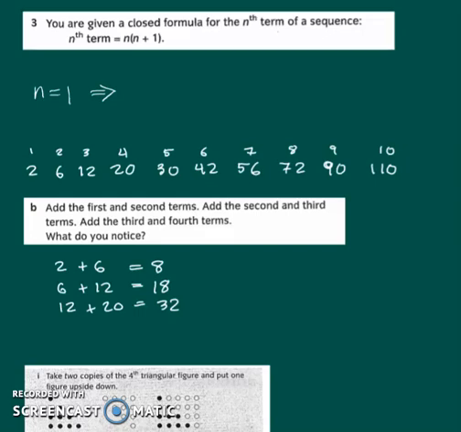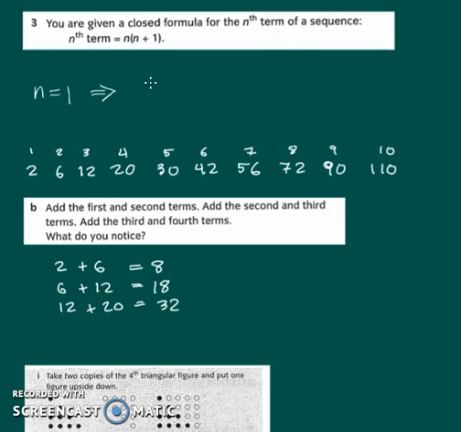Okay, in question number 3, we are given the closed formula for the nth term of a sequence. That formula is n times n plus 1. And in part A, we're asked to find the first 10 terms of that sequence. The way that we will do that is using substitution. So for each term, we will substitute